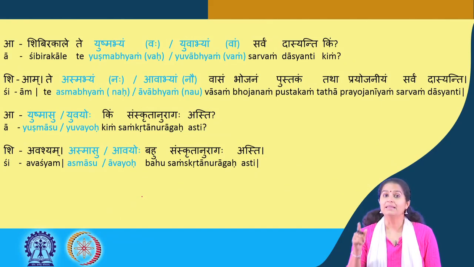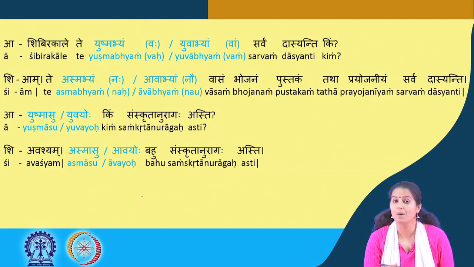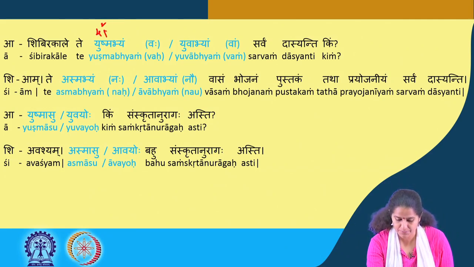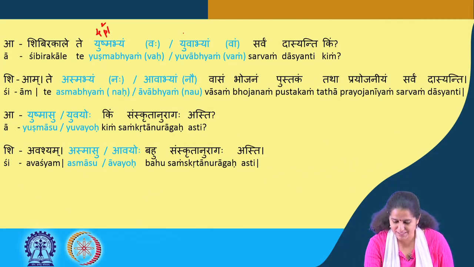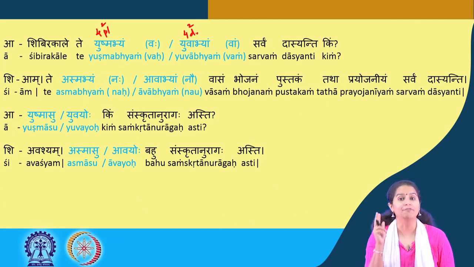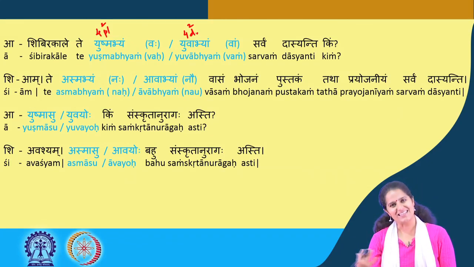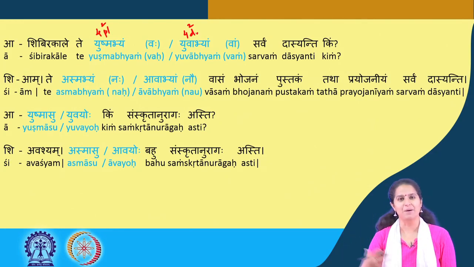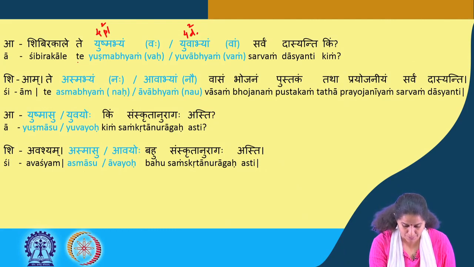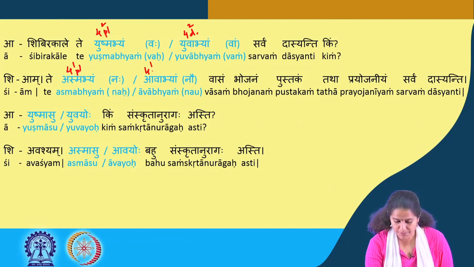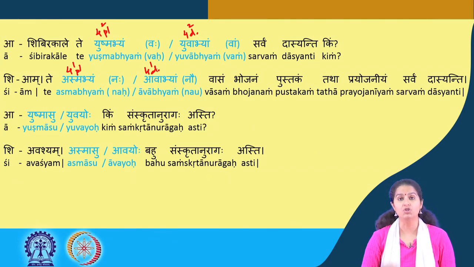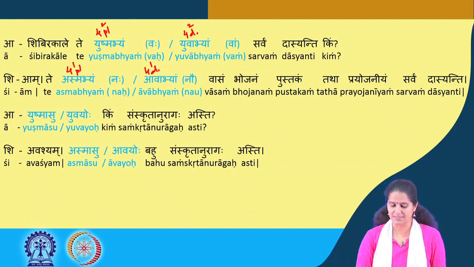Moving on. Shibirakale te yushmabhyam or vaha. Yushmabhyam was the fourth case for the second person plural, or vaha, either of them. And for the two of you, good news, it is again yuvabhyam. So what do we get here? Fourth case, second person dual. Yuvabhyam or vam. Sarvam dasyanti kim. Will they give you everything? Uttaram te asmabhyam. So yushmabhyam becomes asmabhyam or naha, and in the dual case it becomes avabhyam or nau. So let's write that down. Asmabhyam is the fourth case for the first person plural, and avabhyam is the fourth case for the first person